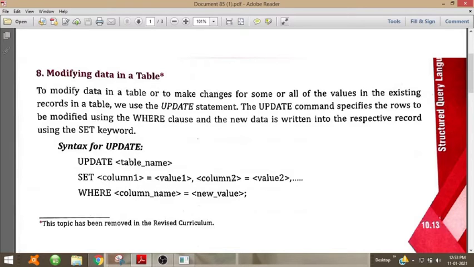If we want to change another column, we give the next column also, column 2 and its new value, comma, and so on. If we want to change many columns, all the columns and their new values have to be given separated by commas. Then where column name is equal to value.